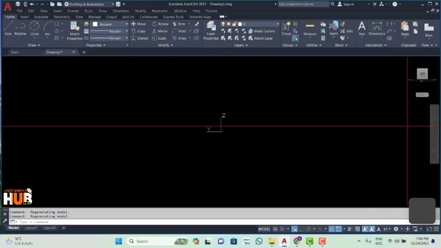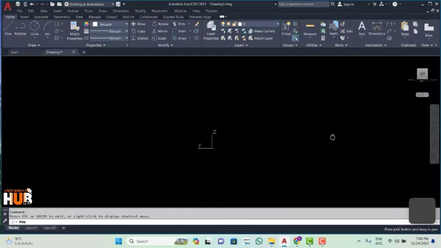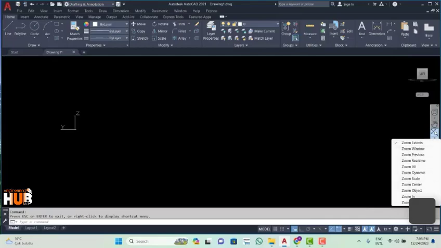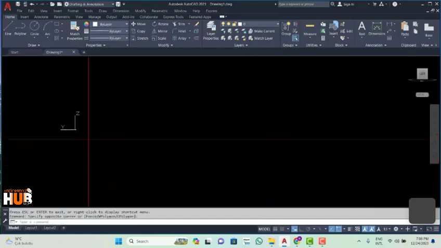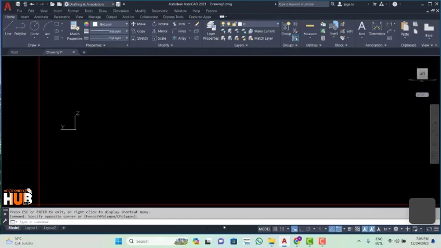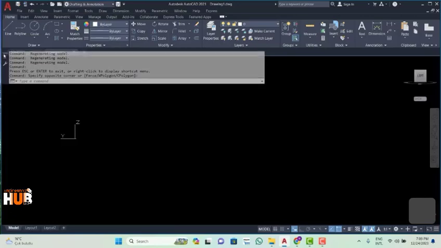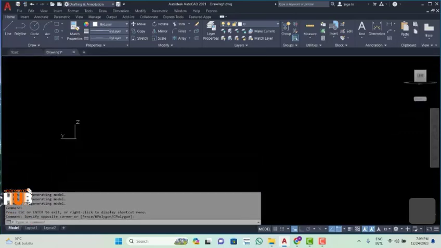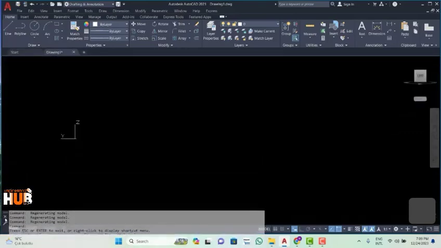Here you can use the pan command to drag your drawing area. Also, you can use the zoom command. If you press this one, you will find a lot of zoom commands. I will explain all these commands in detail. Below the drawing area, you will find the command line, and the command line can be displayed either at the bottom or at the top, like this one. Below the command line, you will find the status bar,